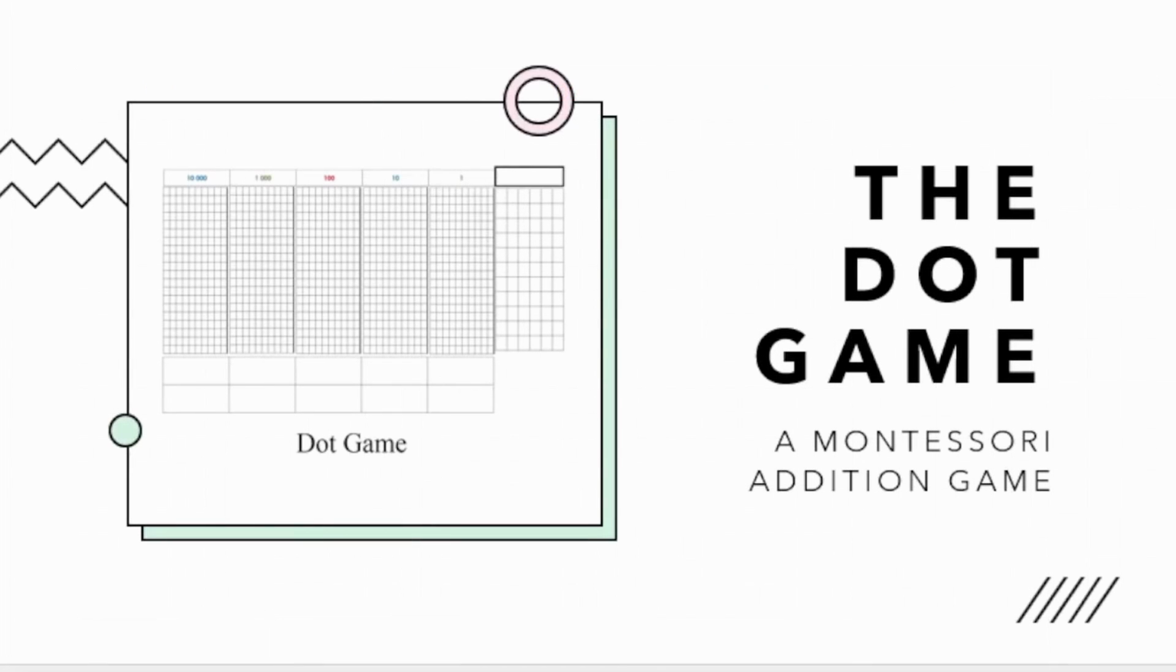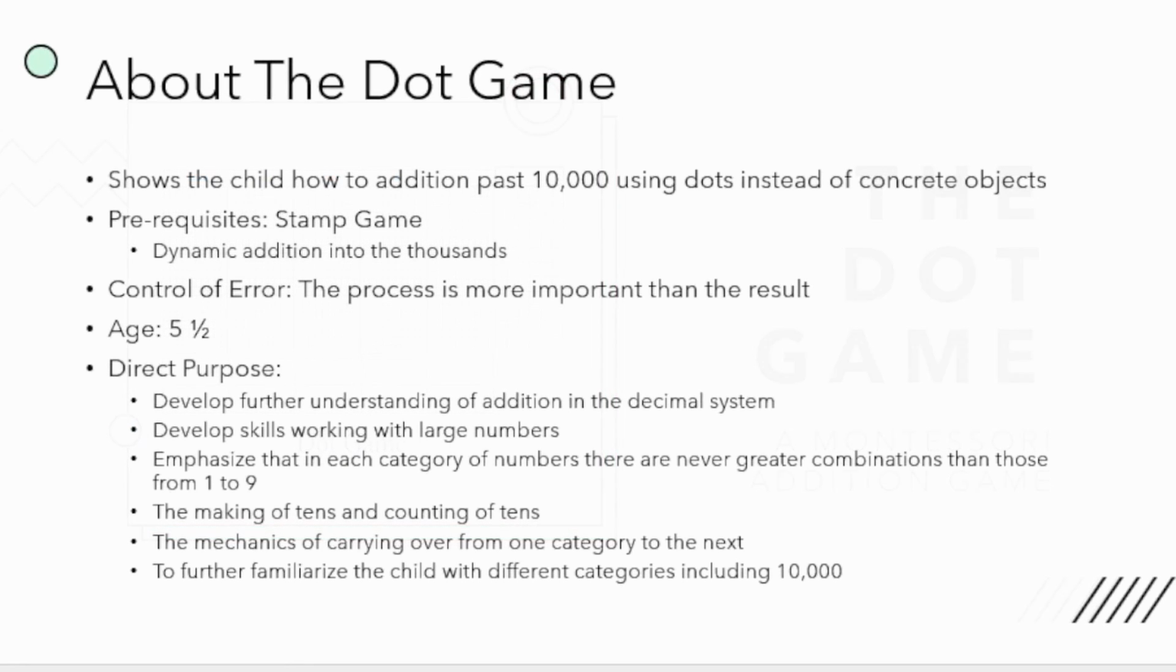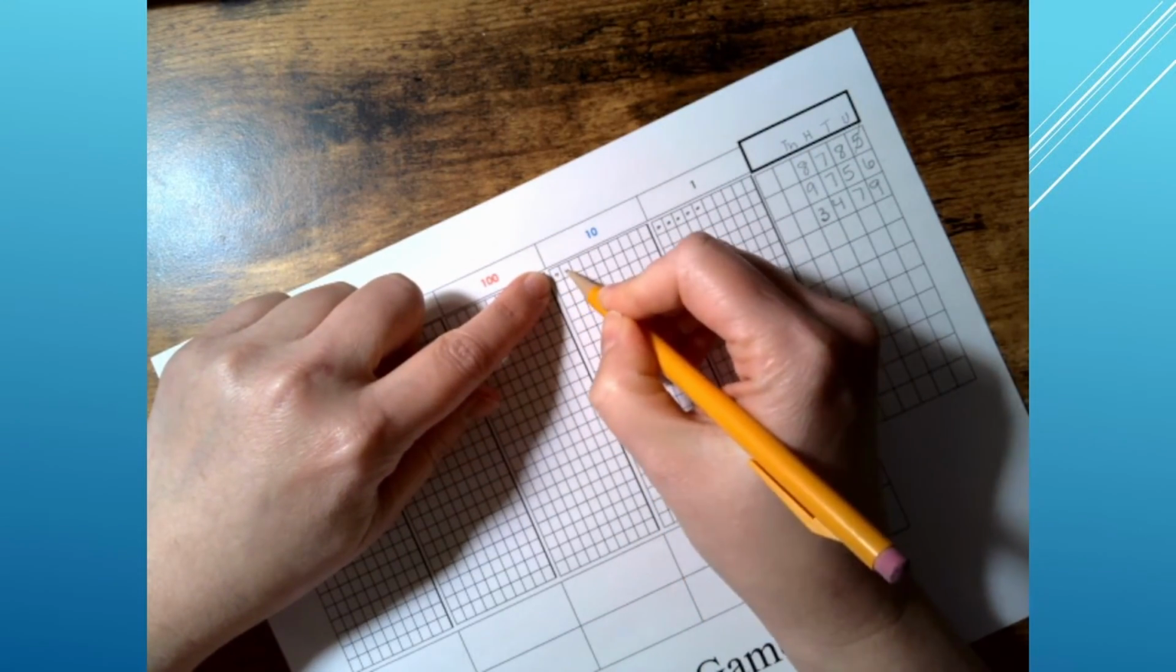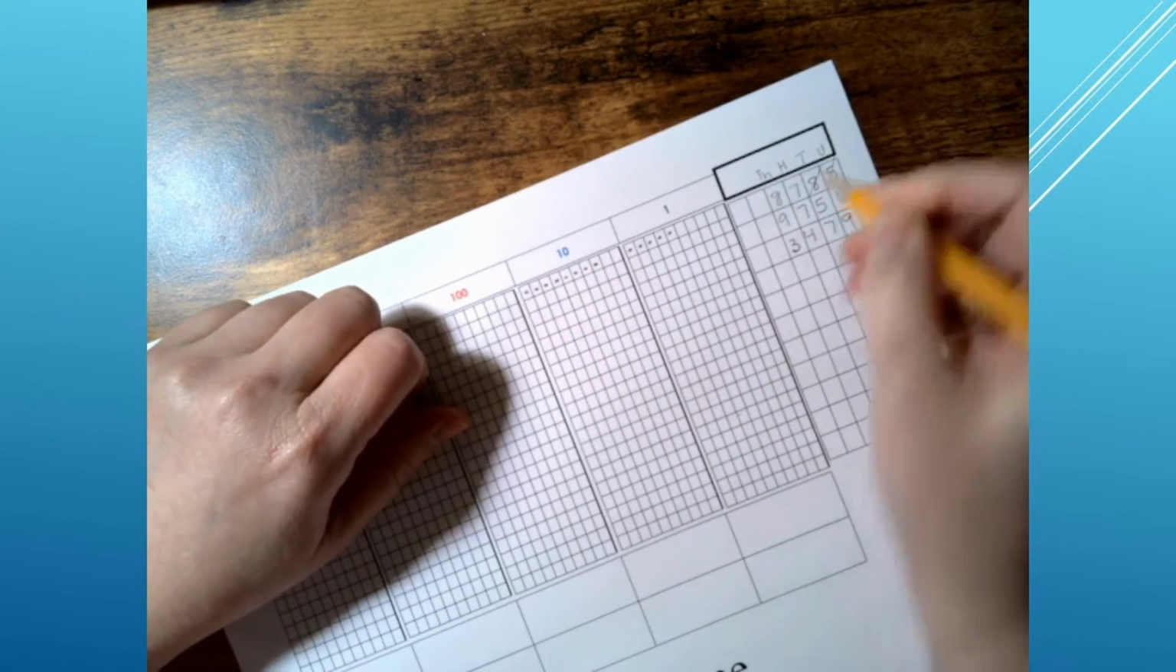And again, we are taking this idea of the isolation of difficulty, and we are, again, making this more abstract. And in the dot game, we're going to be replacing our numbers with dots. So the student really has to be able to hold a lot of information in their head when working